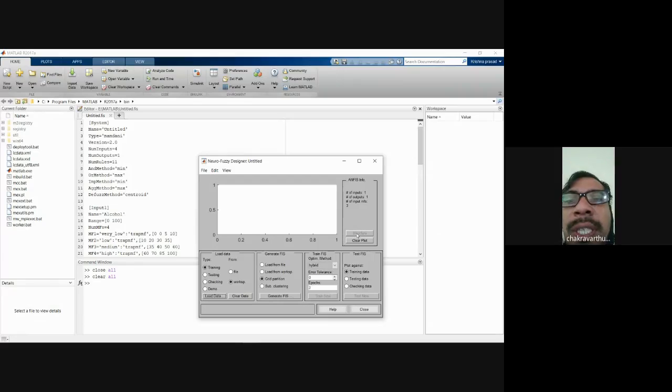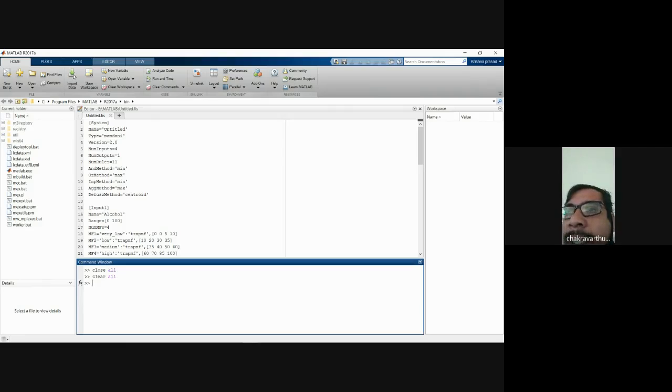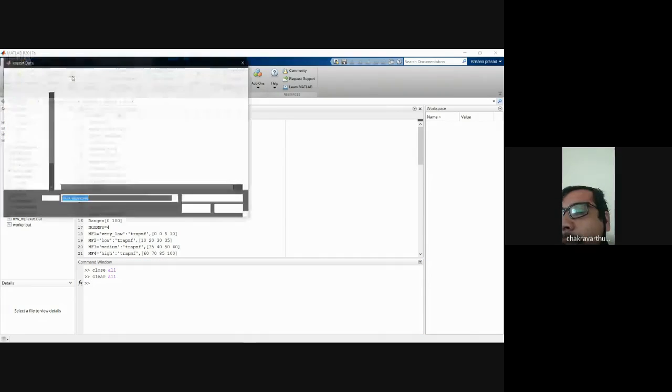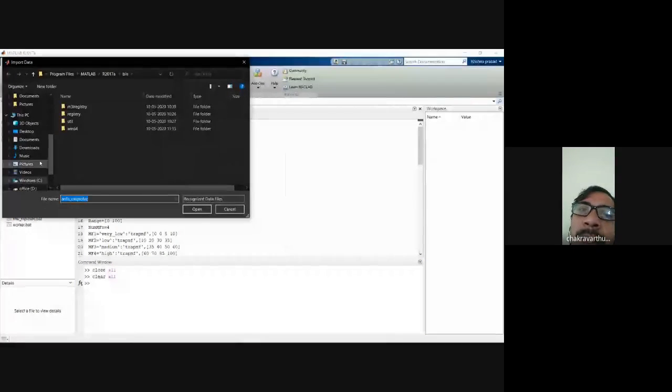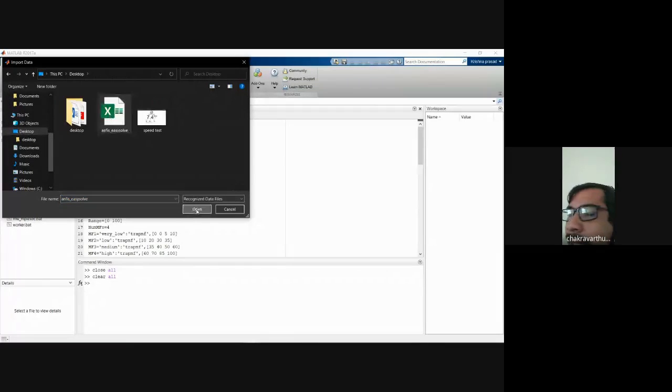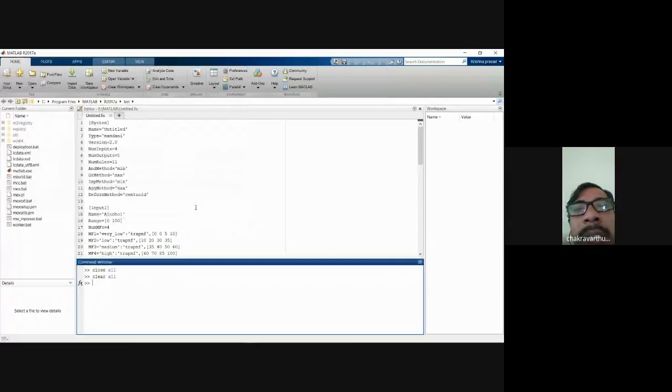And if you want to know the structure, if you see on the graph at the top level, once you upload the data, the number of outputs and number of inputs it will display. Sometimes, if you upload a file with a number of outputs, like one or two, more than two, by default it is going to consider the first two. Suppose you have three columns, the first two columns it automatically takes as input variables, and the third column it takes as the output variable. So now just upload the data.